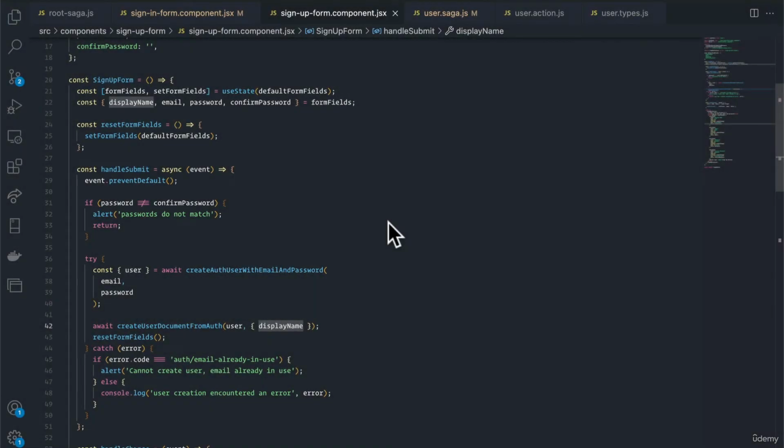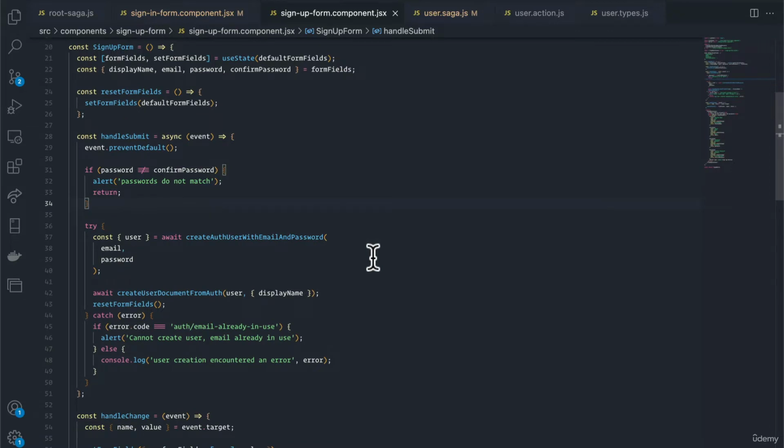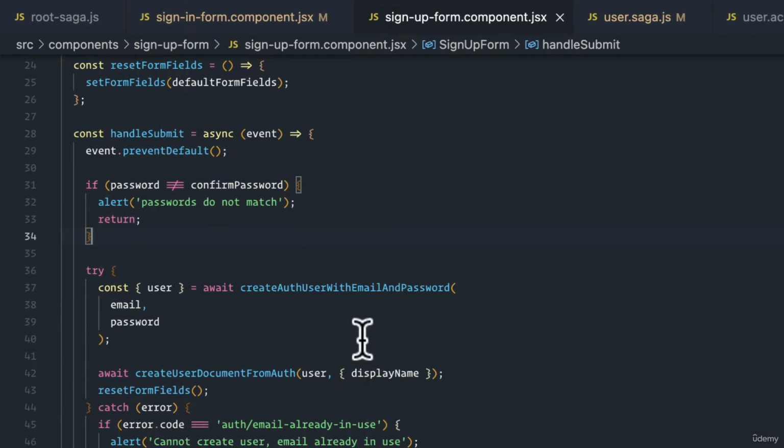Welcome back, everyone. In this video, we are going to write our sign-up sagas. Now, the sign-up sagas are a little bit more interesting. The reason why is because we're probably going to have to make it in multiple steps. If you remember with how our sign-up form component works, is that when the user submits the form, we check